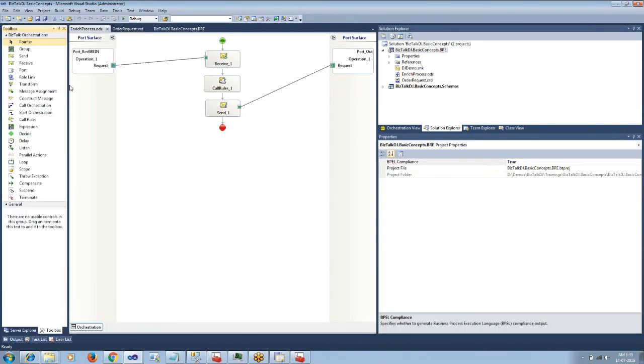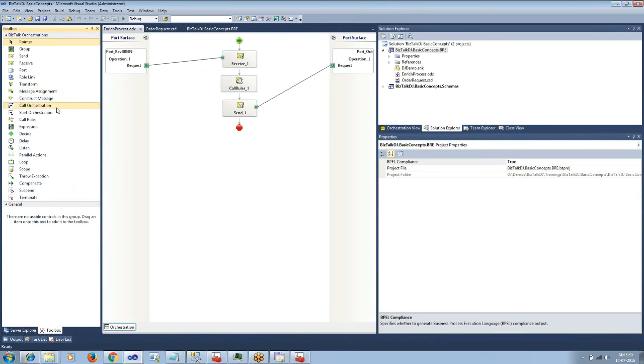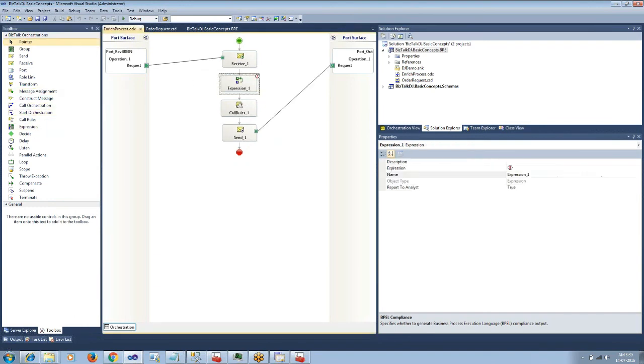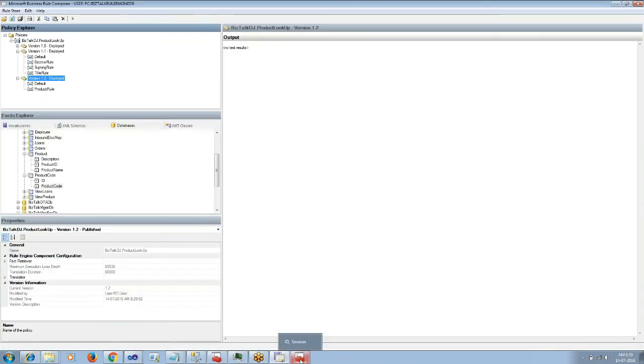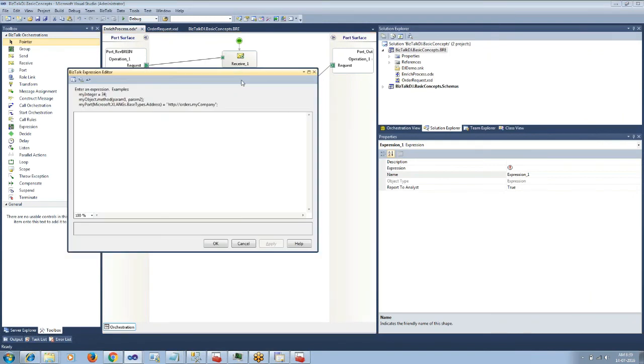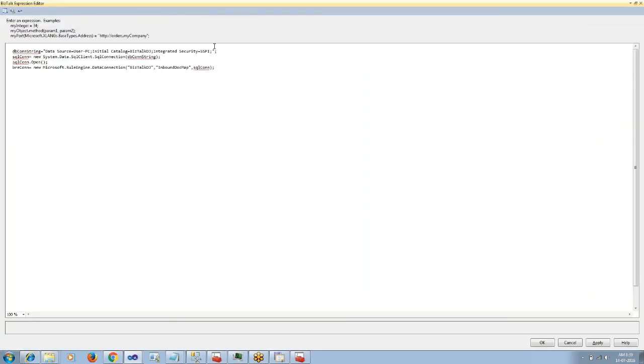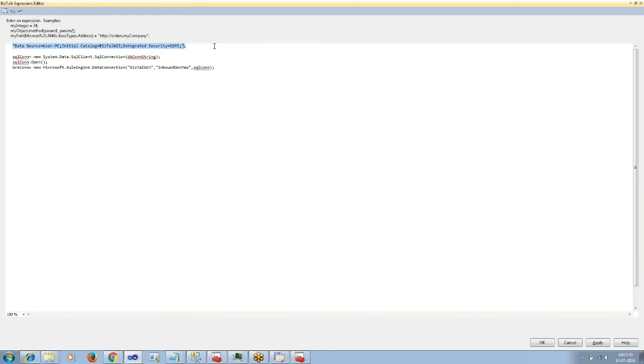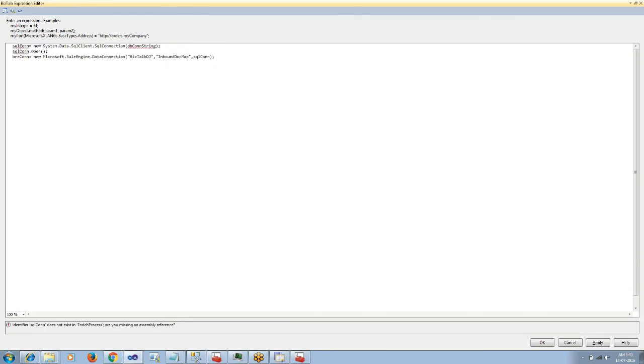So now we have to initialize the SQL connection, construct the BRE connection and pass the BRE connection to the rule. For BRE connection, we will create a new connection for each table that we are accessing.